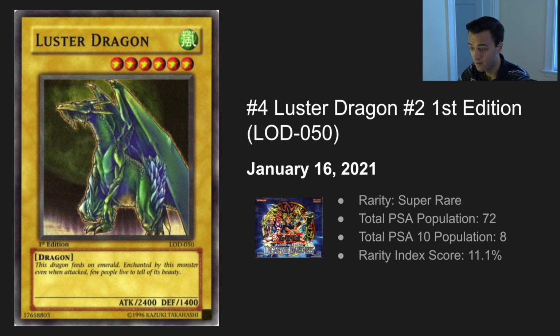And it's still 11.1%. And this is a super, right? This is not even an ultra or a secret, okay? We're getting down now into like, in my opinion, the Lotus territory of Yu-Gi-Oh, okay? This stuff has true rarity. True rarity. When there are 8 copies of something on Earth and you can't grade anything, like any of these,